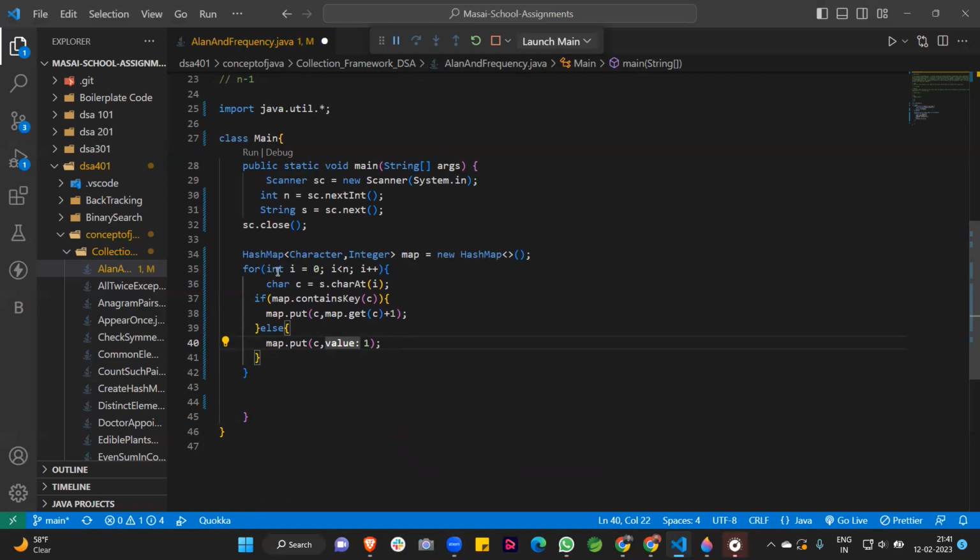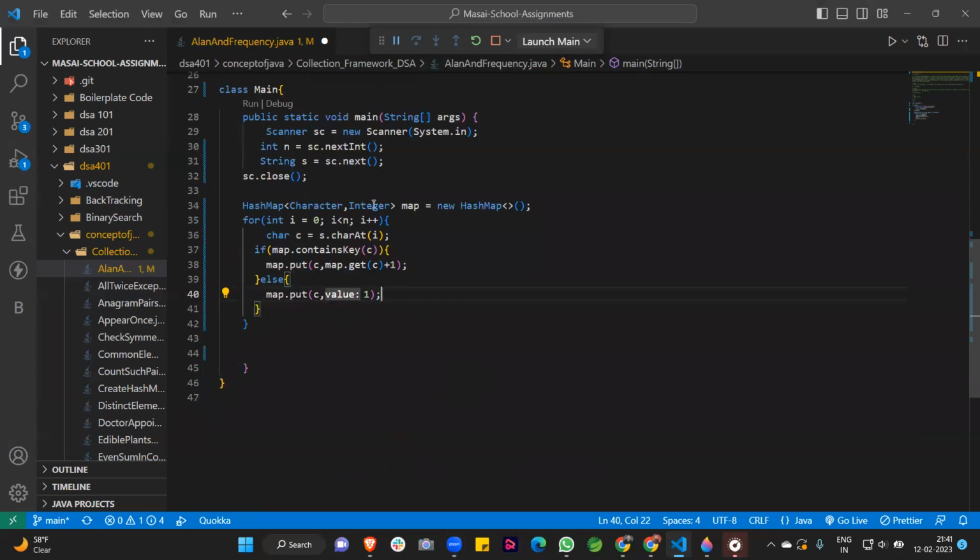So this is the hash map, and if we want to show it in lexicographical order, how can we do this? First of all, we can create a TreeMap directly, but I used a HashMap.